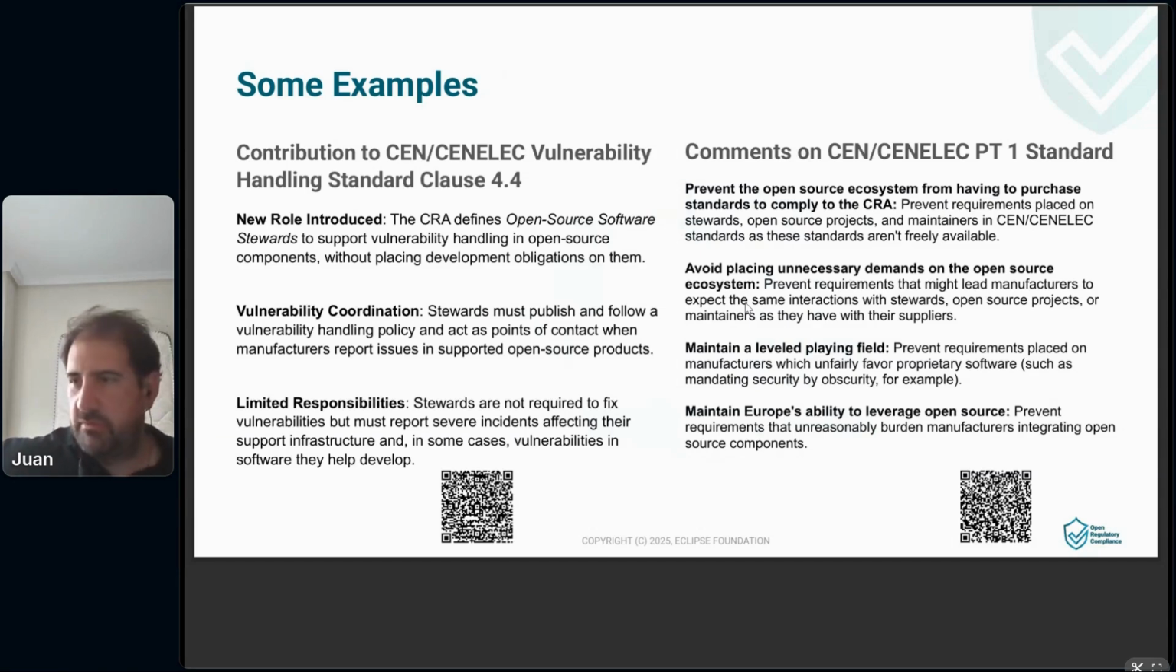and it was created by members of the community that are participating in that activity. The other one could be the comments, because the first one is a contribution before the first proposal is ready. The second one, the comments on Cenelec PT1 standard, is basically commenting on the proposal that Cenelec has done. And in both cases, the key aspect that we are trying to address always in our contributions